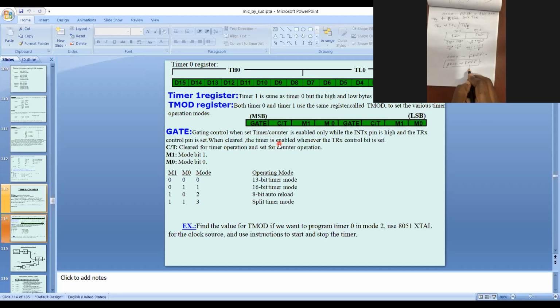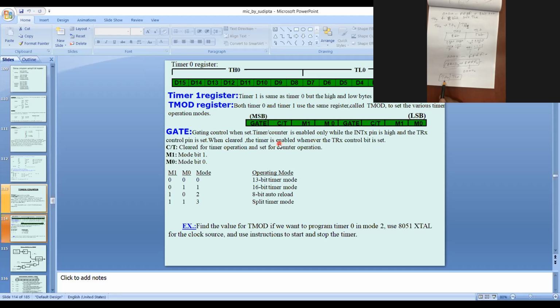So after FFFF, it becomes 0000 again. Means if you need this delay once again, this initial value ABCD should be stored into THX and TLX, because THX and TLX are storing the counting value.